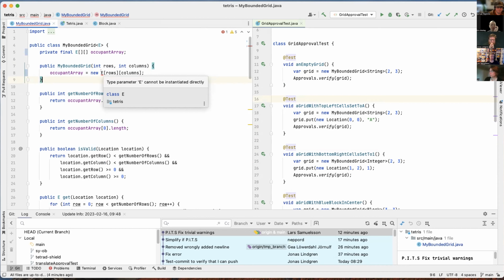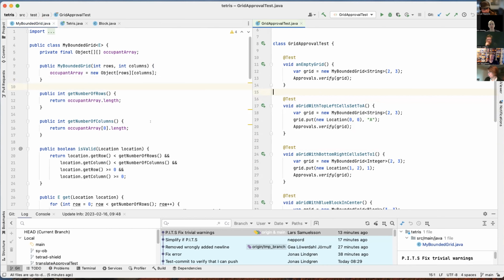So the timer. So, typist recap. We tried fixing the warning with the typecasting, and we found out that maybe there's a simpler fix: change the type of the occupant array to E instead. And then when we tried to instantiate that, we got into trouble,